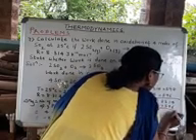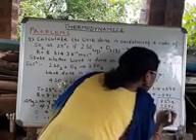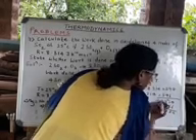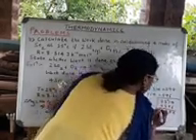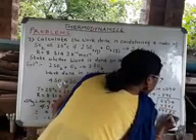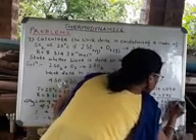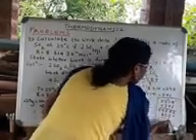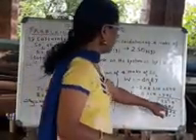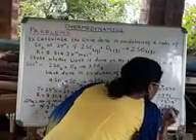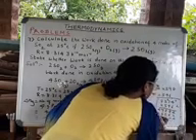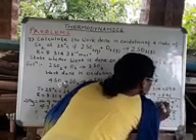6 4s are 24, 6 6 7 8, 6 3s are 18, 6 48 49, multiply. 9 4s are 36, 9 1s are 9, 10 11 12, 9 3s are 27 28. Okay, 9 8s are 72. 5 4s are 20, 5 1s are 5 6 7, 5 3s are 15, 1 carry, 5 8s are 40 41.